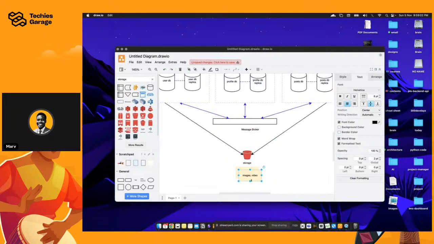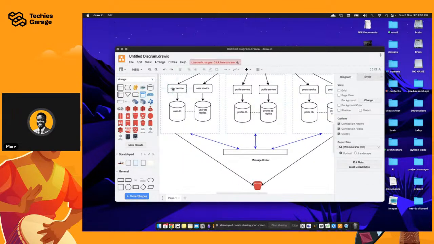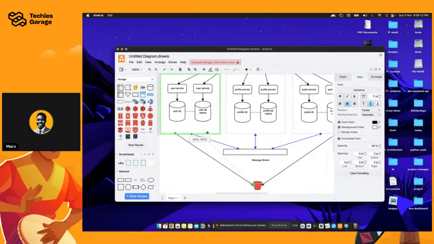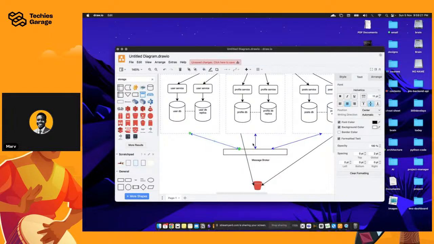Remember, I think I skipped one item, which is the line that should come from the profile when updating the profile. So the user basically would not have images. Instead, I would just communicate to this guy, right? Let's just communicate to this guy. I'm going to put this here.